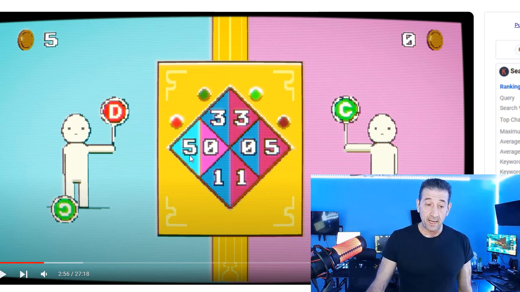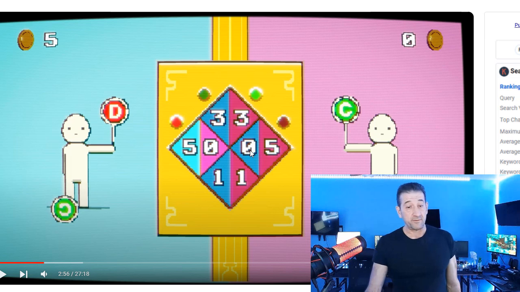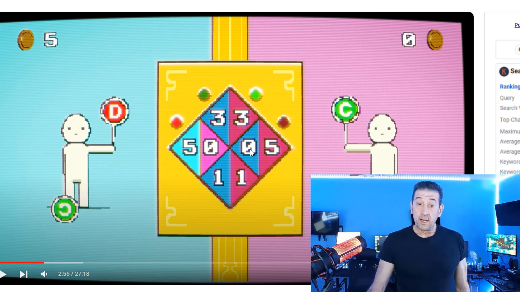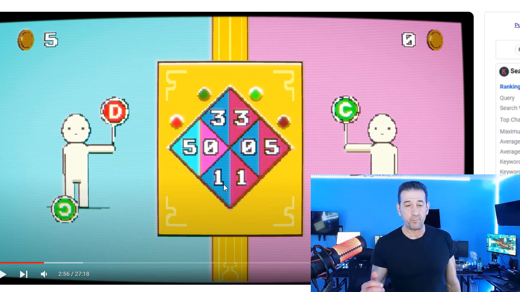If the one on the left defects and the one on the right cooperates, the defector receives 5 points and the one that attempted to cooperate receives nothing. On the other hand, if they both defect, they each receive 1 point.